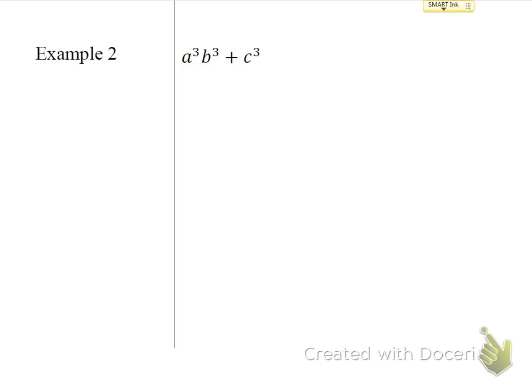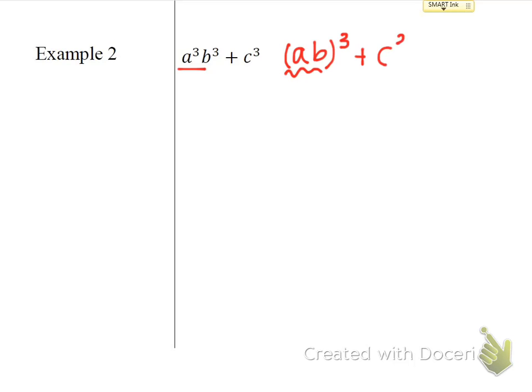So let's look at the next one. Example 2, I have a to the third, b to the third, plus c to the third. I want to get this first one written as just one base to the third power. So I'm going to rewrite a to the third, b to the third as (ab) all to the third. I just took out the third power and put it on the outside so that now my base here is ab